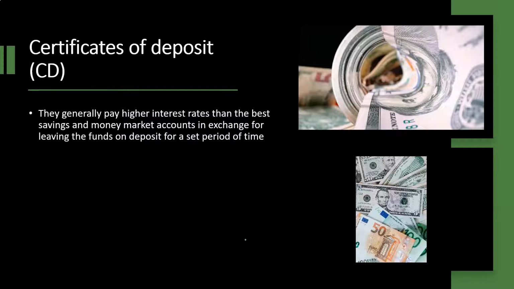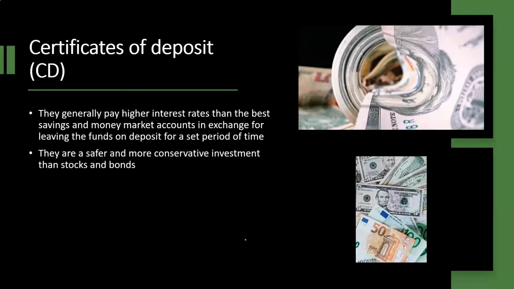At that point in time, there's going to be pros and cons with the stocks and bonds. When you put money into a CD, it's usually going to be the more conservative option with less risk involved, given the fact that you know exactly the interest rate that you're going to be earning because you agreed on it when you put the money into the CD, although that rate is typically lower than the possible rate that you can get in more risky types of investments, such as investing in the market, mutual funds, stocks, and bonds. So they are safer and more conservative investments than stocks and bonds. So that's usually your trade-off there.